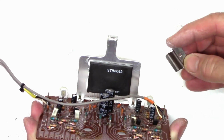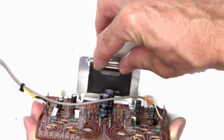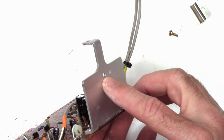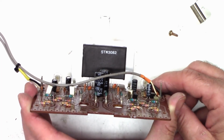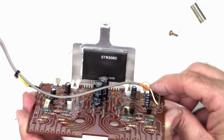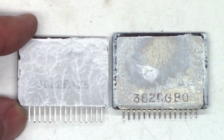So I have the bracket and the screw ready to go, and I went to put it on there, and I took a look at the back of it here. There's the screw hole and the alignment pin for the spring, but they're underneath the chip. We're going to have to pull the chip back out and trim those legs so they don't have that bump in them anymore. Alright, well I've got all the pins trimmed,